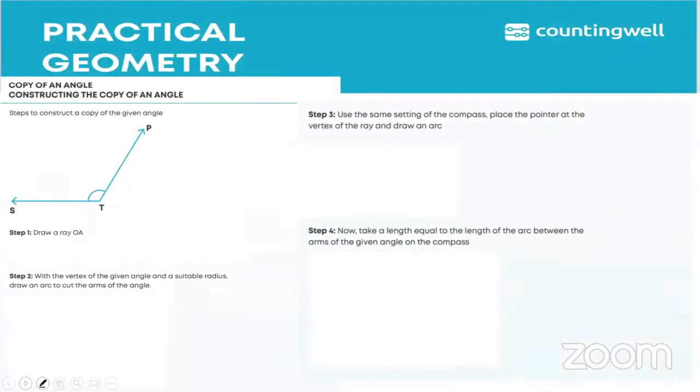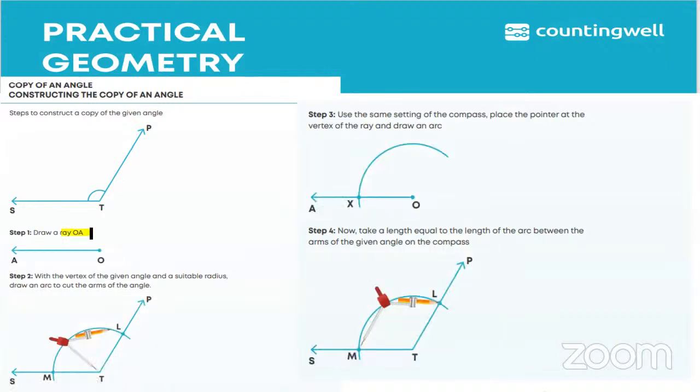Next, let us see how to copy an angle, constructing the copy of the given angle. Let us see what the steps are to construct a copy of the given angle. So here the given angle is PTS. First we will draw a ray OA. Okay, the initial point is O, and the ray here is OA. Then with the vertex of the given angle and a suitable radius, draw an arc to cut the arms of